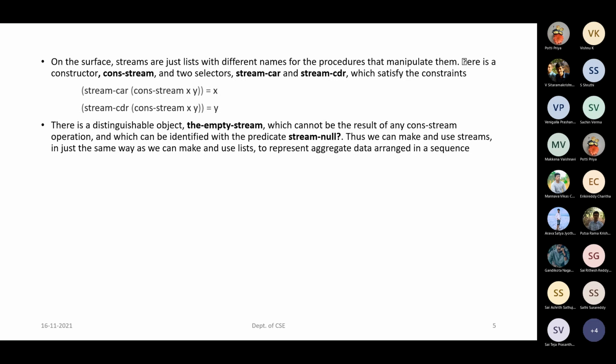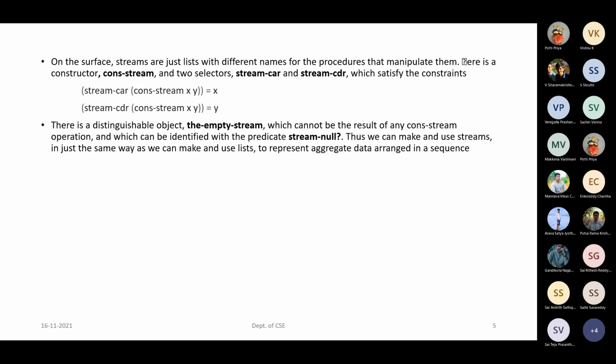Let's see how the constructor will be written. Before going for that, let's look at the other primitive procedures required for our stream procedures. To check whether the list has reached the empty list, which we were writing as NIL, the same thing with respect to streams, for verifying whether it is an empty list or not, the keyword we use is empty-stream. This will help us check whether the stream we have mentioned has reached an empty list or not.